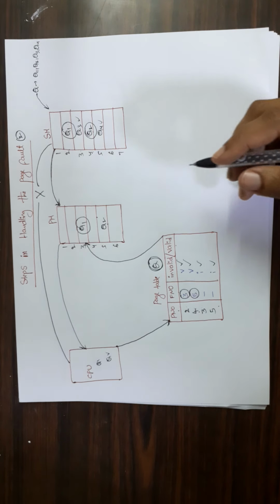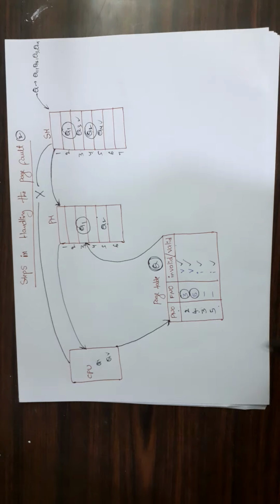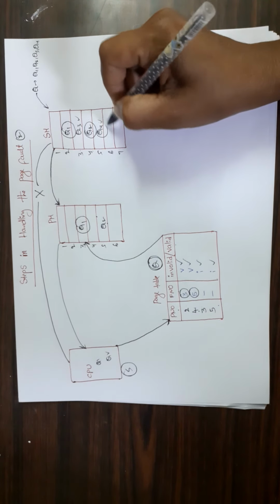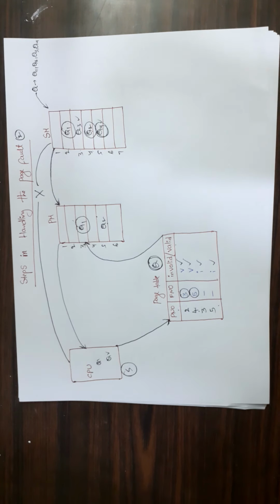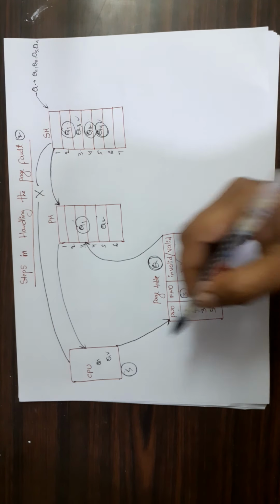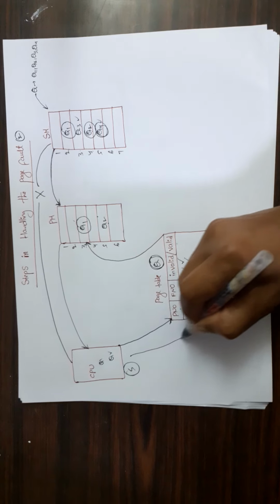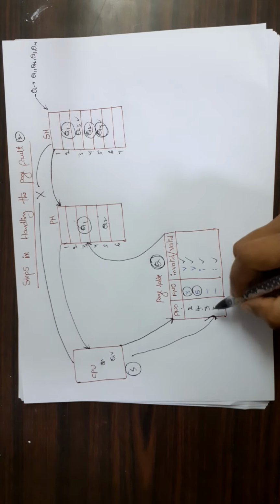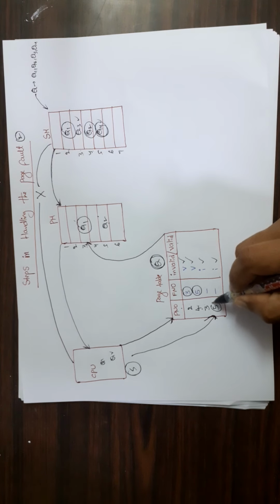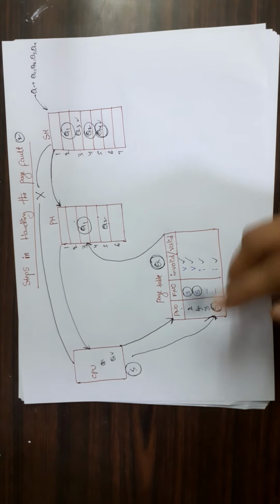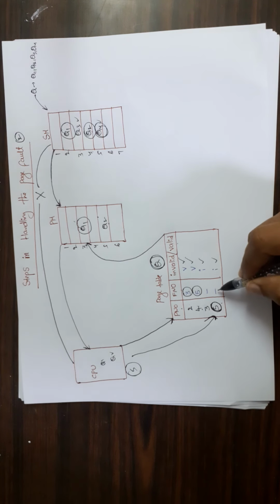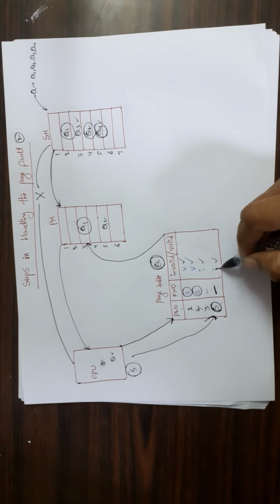Now, when there is a page fault, let us assume that the CPU has requested page number 5. Page number 5 means Q4, right? Q4 is not available in the primary memory, right? So first the CPU makes a request to the page table to check whether this page is available in the primary memory or not. I want to execute page number 5. So page number 5 data is not available in the primary memory. So the valid and invalid bit is I, right?